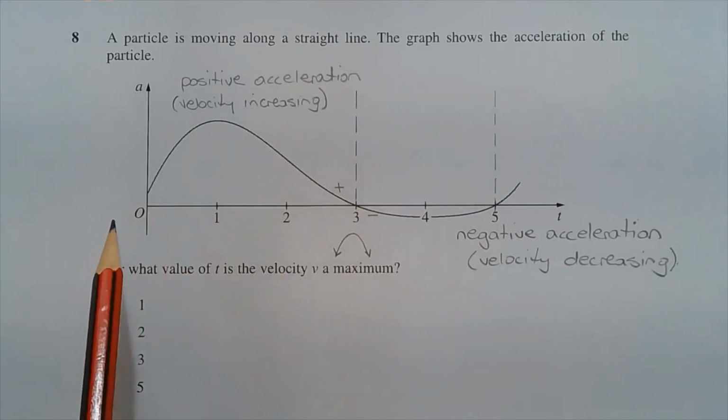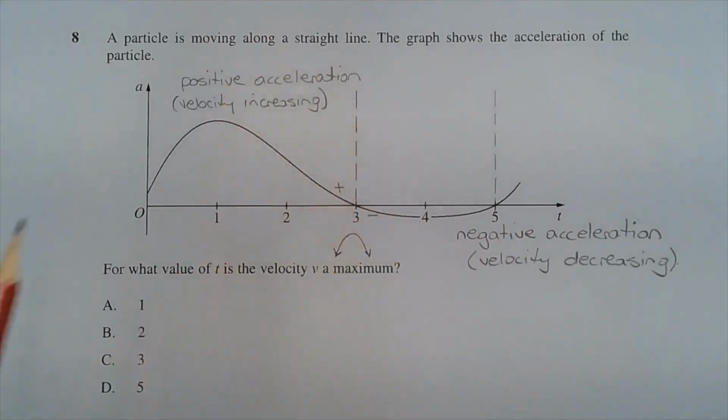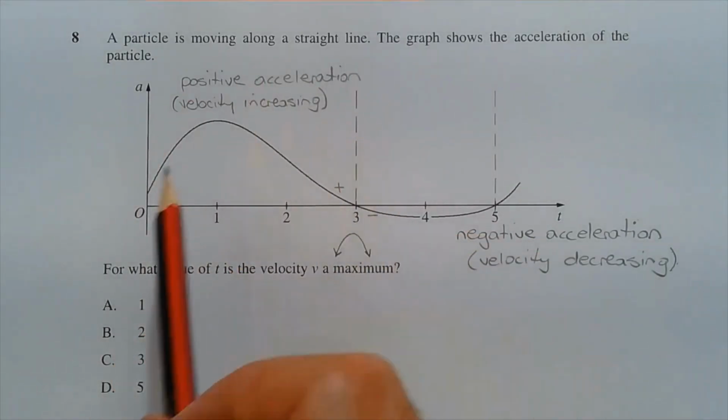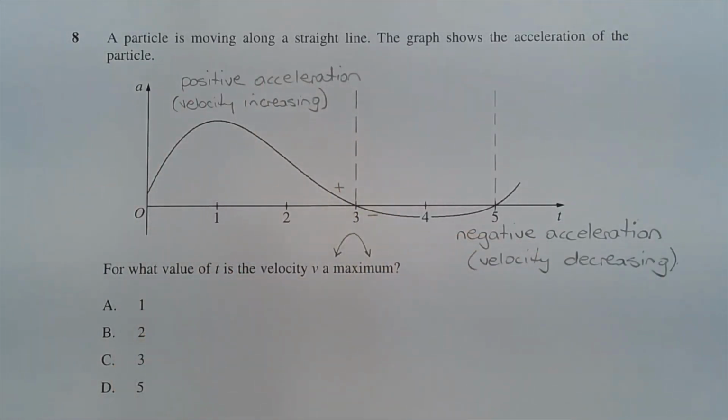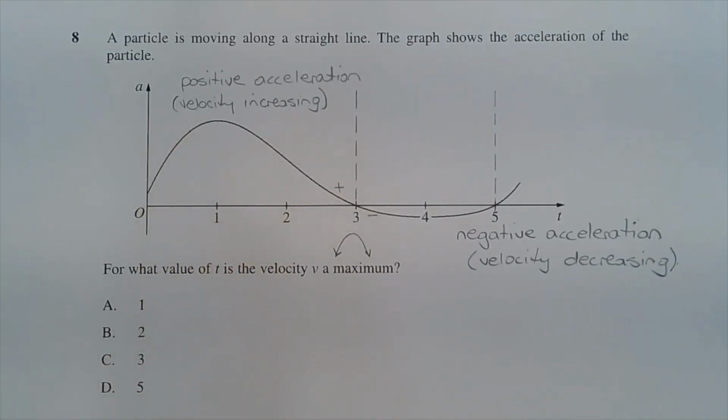between t equals 0 and t equals 3 and below the x-axis between t equals 3 and t equals 5. Now acceleration represents the rate of change of velocity with respect to time. So if the acceleration is positive, that means that the rate of change of velocity with respect to time is positive, which implies the velocity is increasing. And vice versa for this part of the graph here. Negative acceleration implies a negative rate of change of velocity with respect to time, which means the particle is decreasing